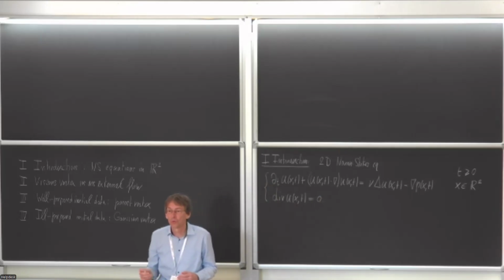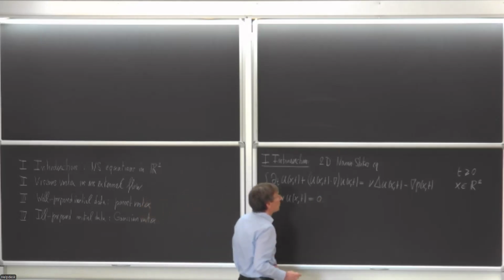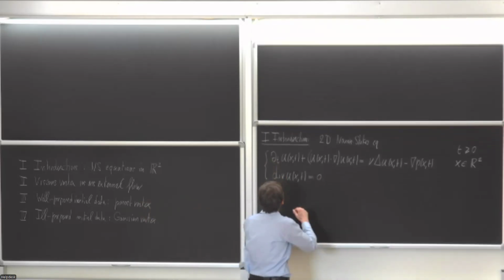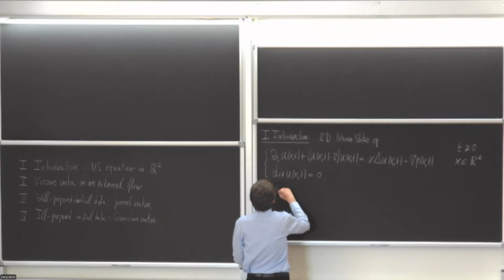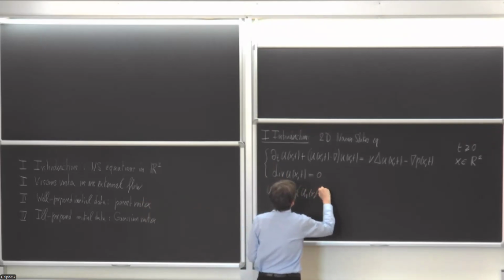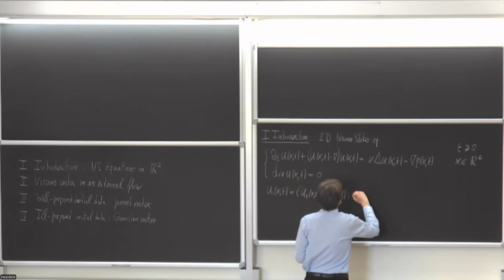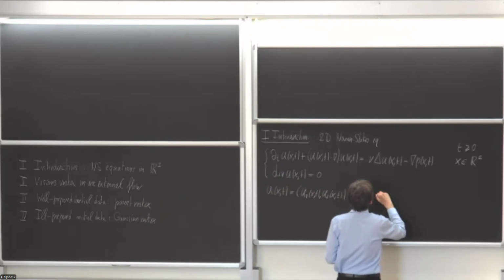I mean, we could also consider compressible fluid, but I will be happy with incompressible one. So what are the variables? u of x,t, so in my case, it's u1(x,t), u2(x,t), is the velocity of the fluid at point x